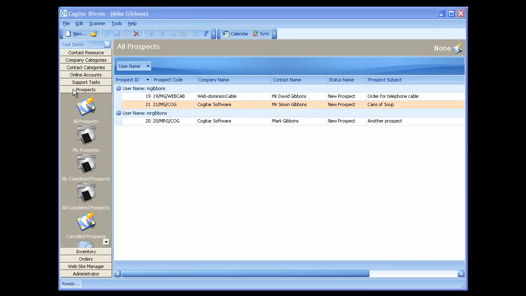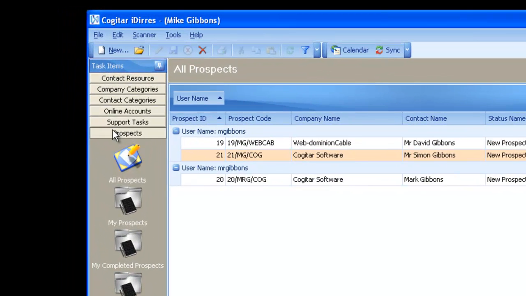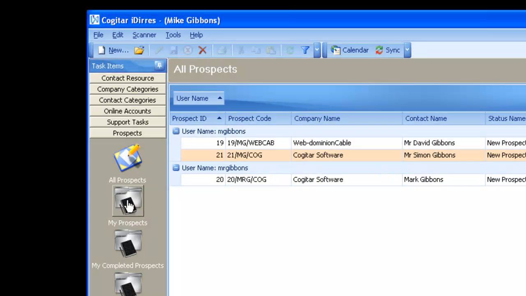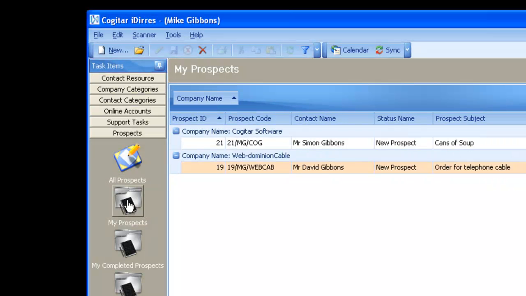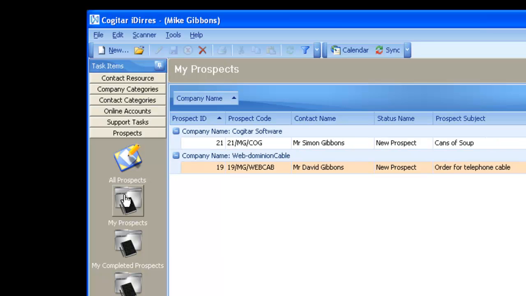What we need to do is go onto the sidebar here, as we always do, and we need to go to prospects. So that's open there, and we'll notice that there's all prospects and my prospects. This allows you to filter the prospect list to only yourself. So for example, if I click on my prospects, there's 2 prospects open. If I click on all prospects, then there are 3 prospects open in the entire company. So what we'll do is go to my prospects,